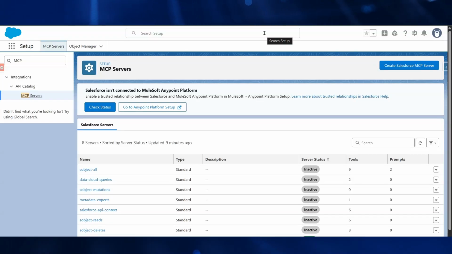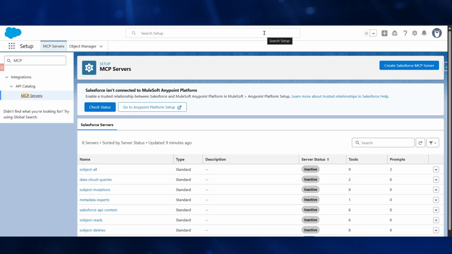Hello, today we are going to see how we can configure Headless 360 in Salesforce. Headless 360 is nothing but no browser use within the Salesforce interactions. Today we are configuring Headless 360 plus the Claude platform. Using this, you are able to configure and understand how we can configure the Headless 360